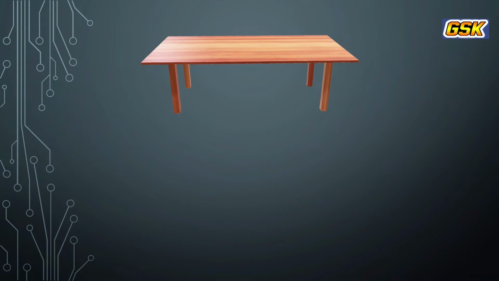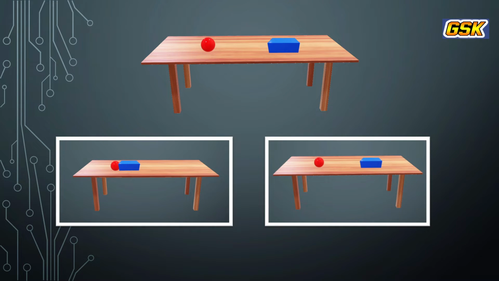Next, take another example. Take a table, place a brick on the table, take a metal ball. Instead of placing it near the brick, just apply some force. Let us observe two different cases. In case 1, the metal ball is not doing any work on the brick, but in case 2, the metal ball is doing some work on the brick so that the brick displaces some distance.